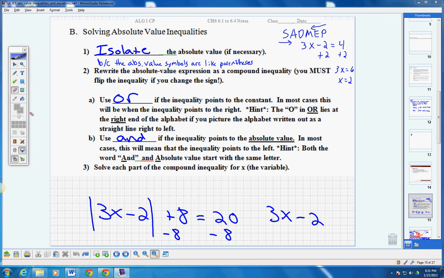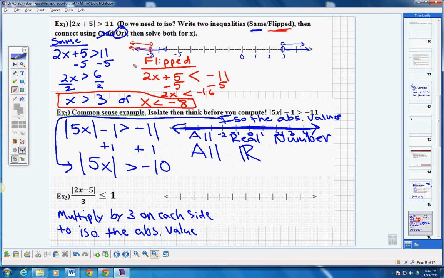So right down here, I did give an example of wanting to isolate the absolute value first. I want to isolate that first. I'll go ahead and erase this over here. I did these two examples in class. We have the same and then the flip version. Notice how the absolute value is already isolated, so I don't need to add or subtract anything to isolate it. I then rewrite the inequality as a compound inequality. And I really should have written OR up here